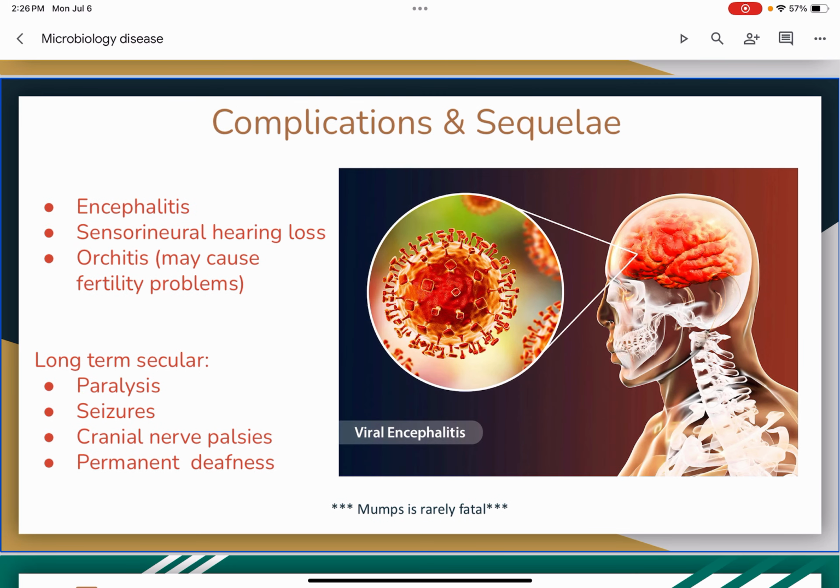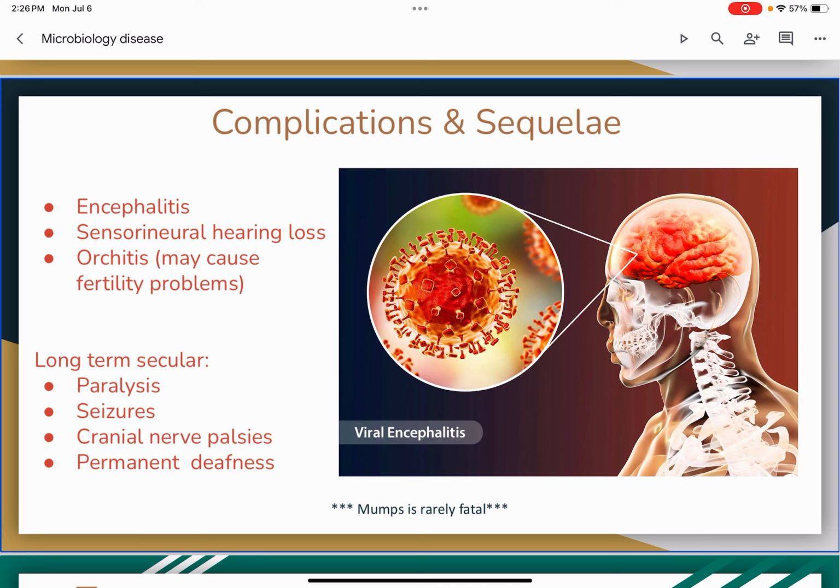While most people recover completely, we do see cases where mumps becomes more serious. And as I said before, the virus can enter the bloodstream, and as it spreads to different parts of the body, it can involve the central nervous system. Some important complications that have been seen